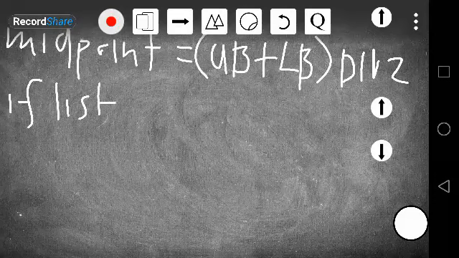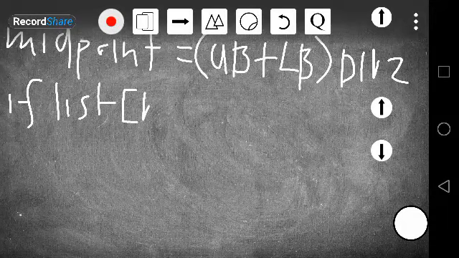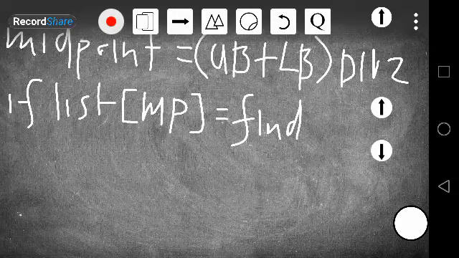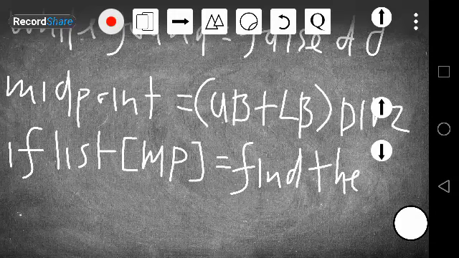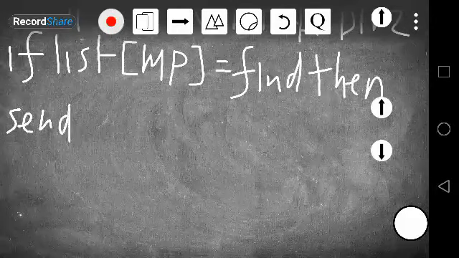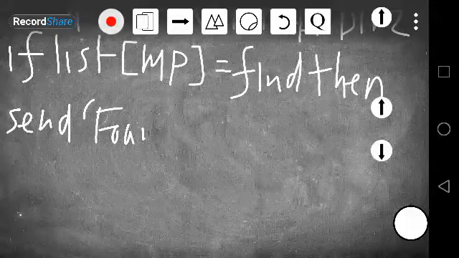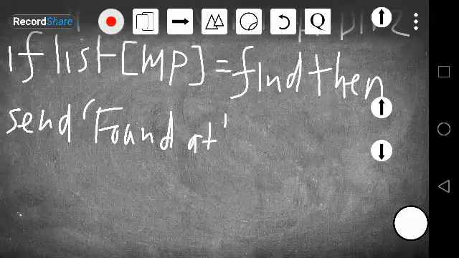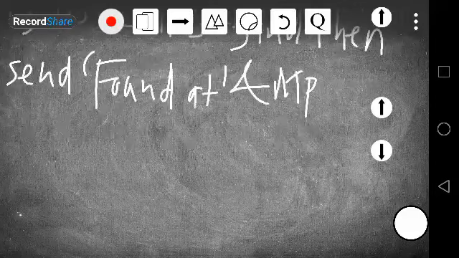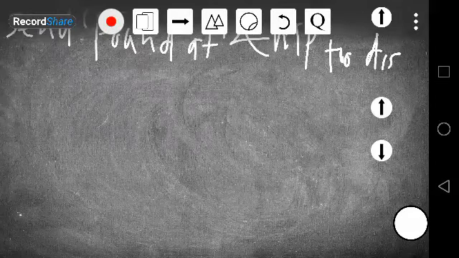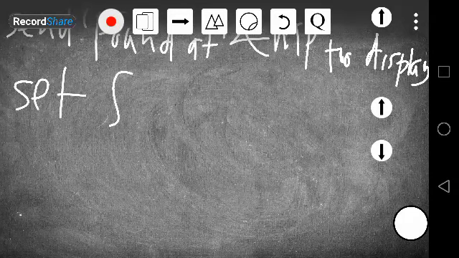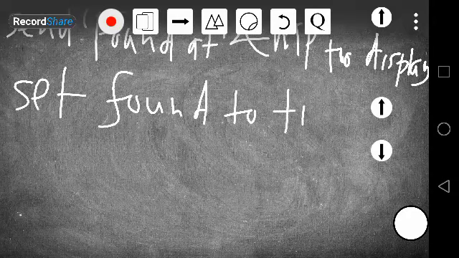Okay, so if list MP for midpoint equals to find, then send found it and MP for midpoint to display. All right, and we set found to true,